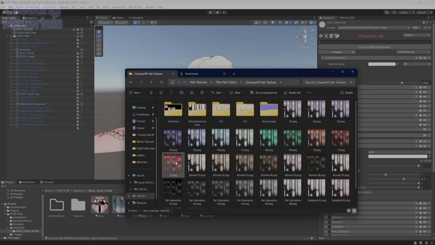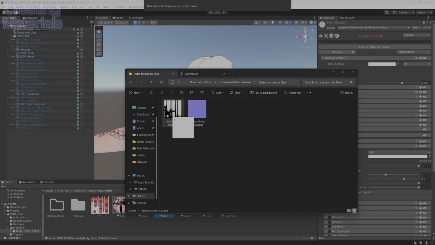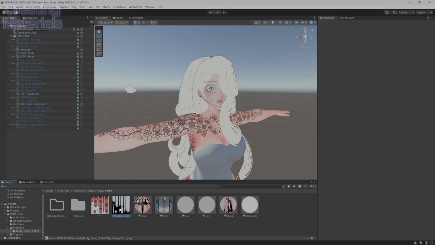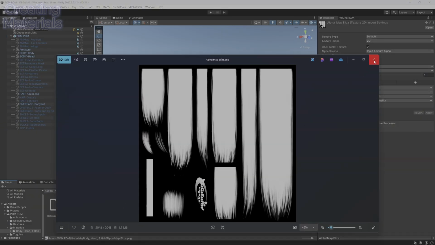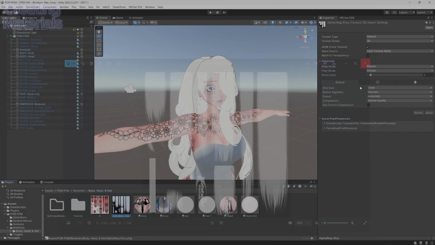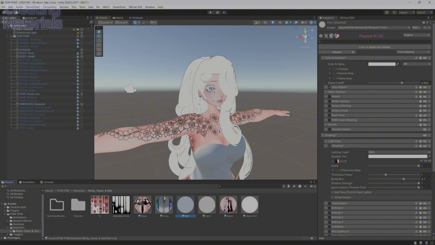So what we will do is we're going to find a nice red. Like this one will do. And we're also going to want the alpha. Alphas are what the material will, the things that are black is going to be see-through. So everything that is white is going to be opaque, everything that is black will be see-through. So like this, we will just